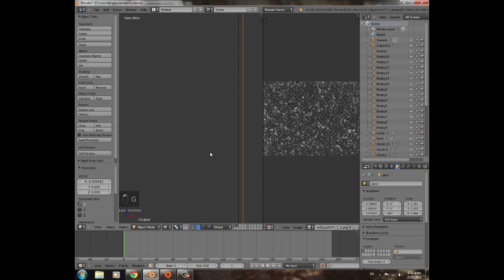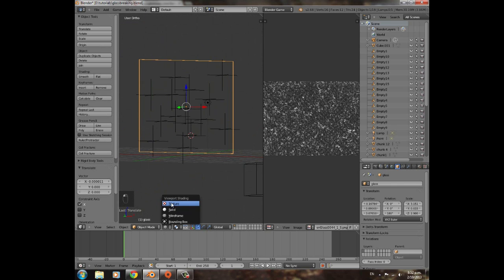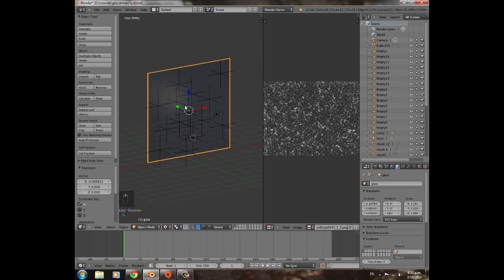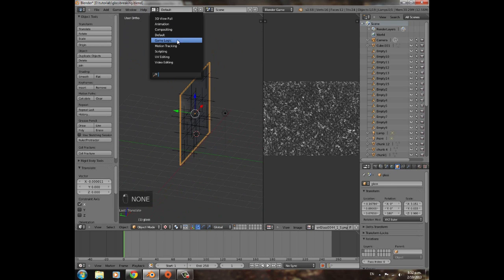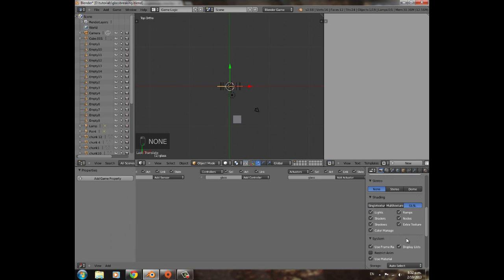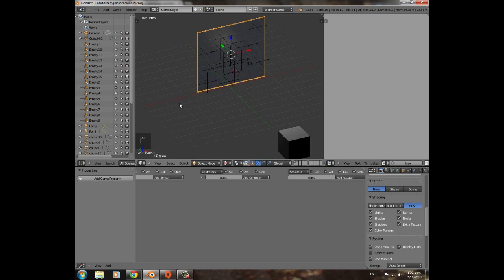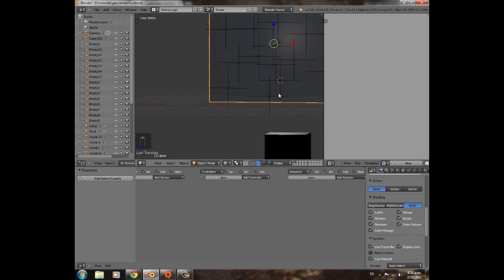So you can just scroll in, and you want to get them as close together as you can until you can't scroll anymore, like that. So that's probably the closest I'm going to get. Should be fine. Now we have our glass and a whole bunch of empties through it. Now we need to get into the logic breaking. So go down to game logic, set that to textured. I'm not sure why it doesn't go textured automatically. Anyway,